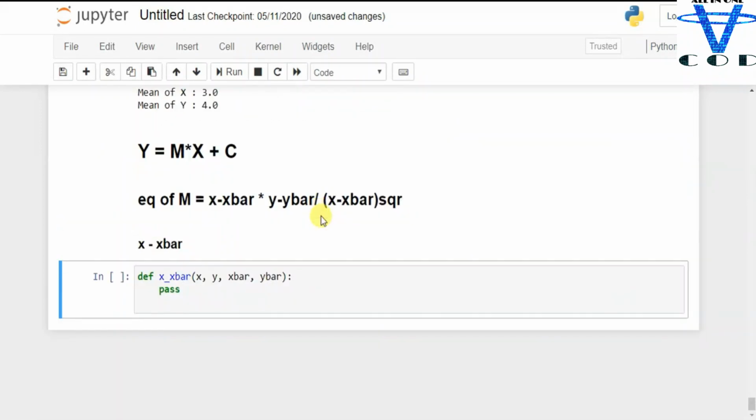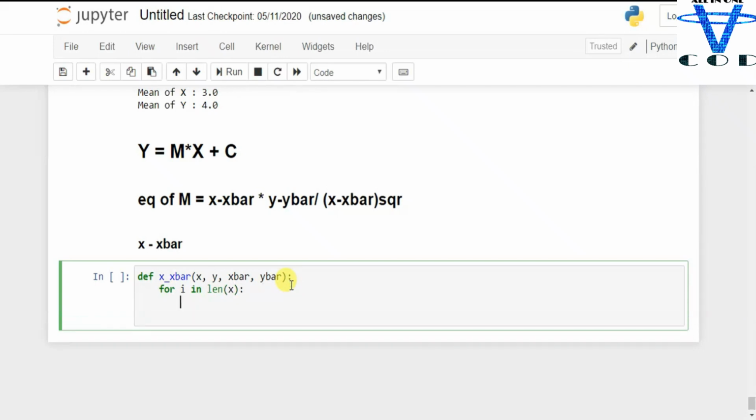Okay, so now let's create the function. I'm going to take a loop, for i in range of length of x. x minus x bar equal to a single list, an empty list.